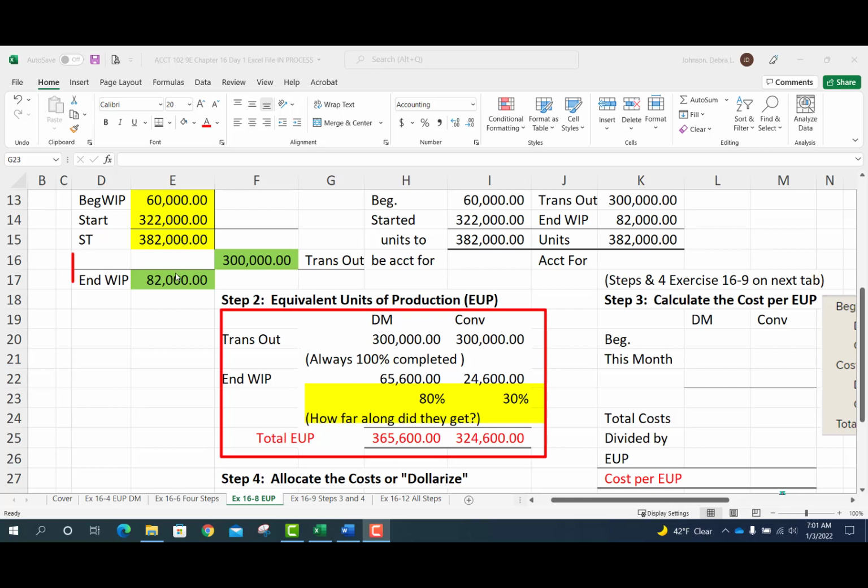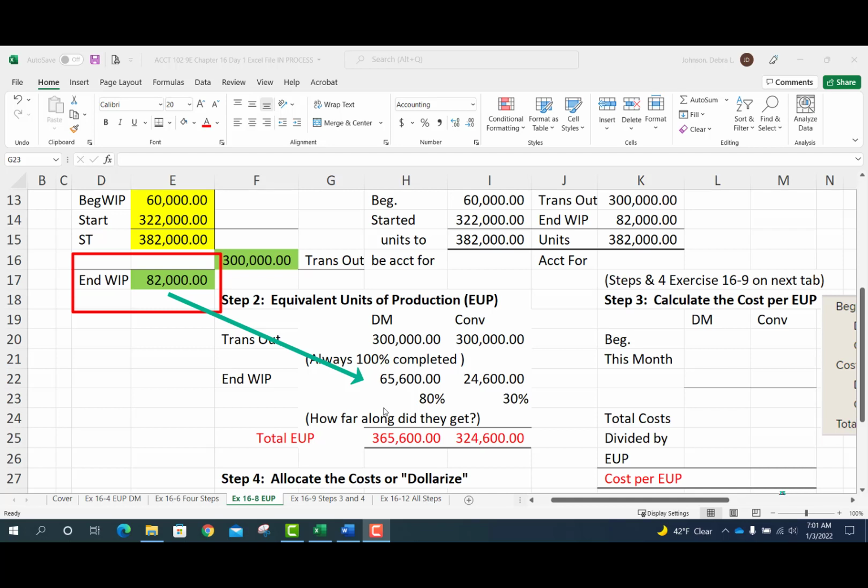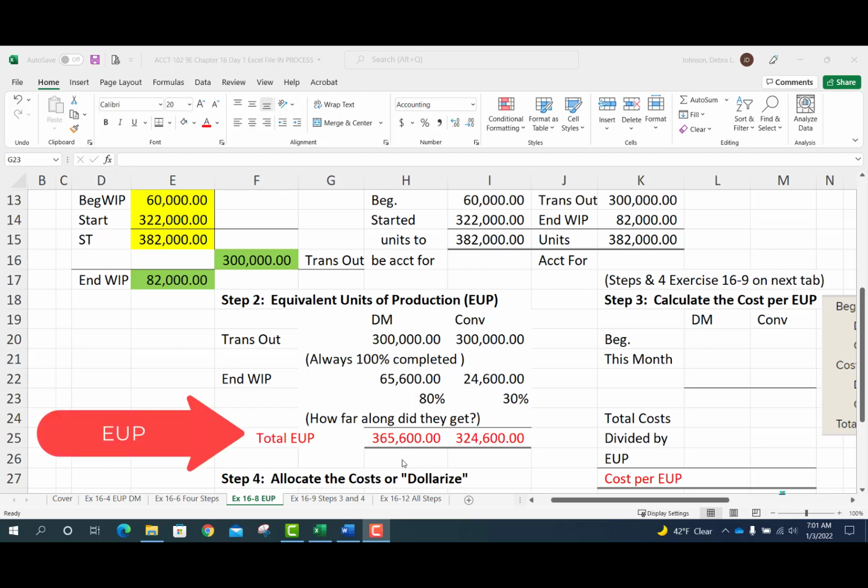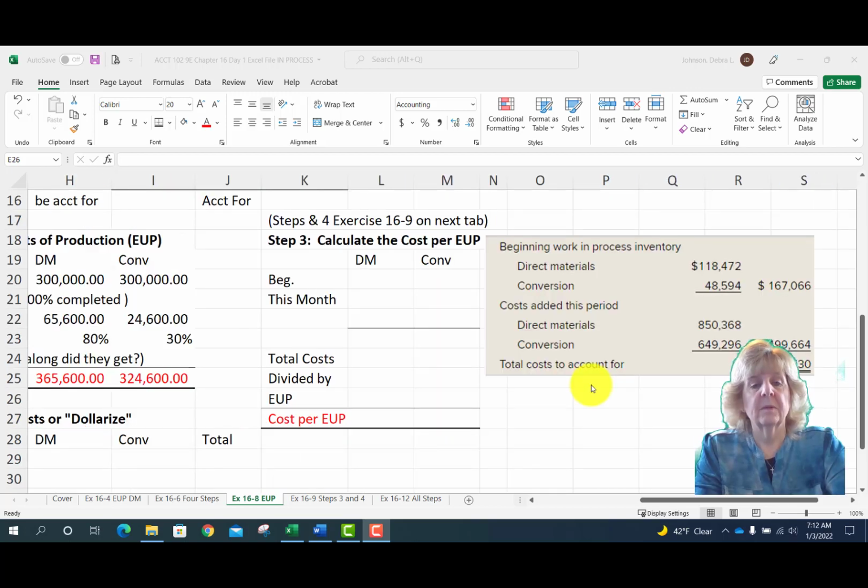So we're going to take the 82,000 multiplied by 80% on this one, and we'll take the 82,000 times 30% on this one. Do the multiplication. When you add them up, we have our equivalent units, which will help drive the rest of the problem. Steps 3 and 4 are actually requested on the next tab, but for ease of understanding, I've just snipped or